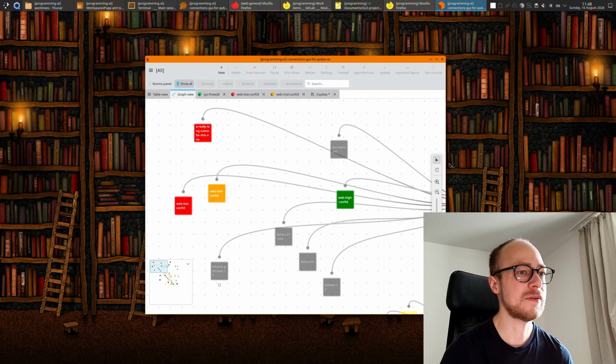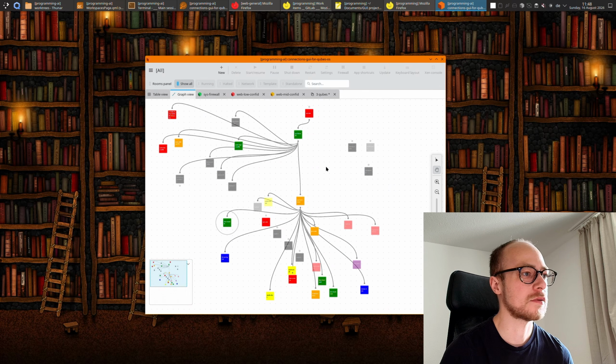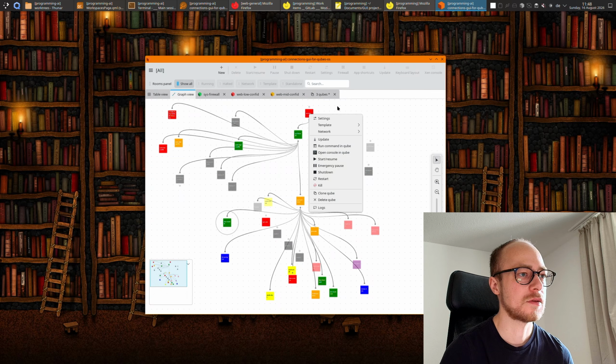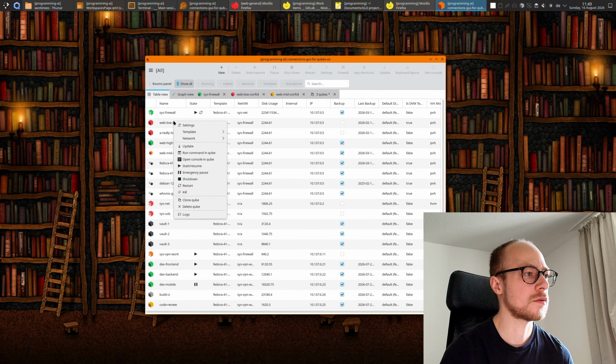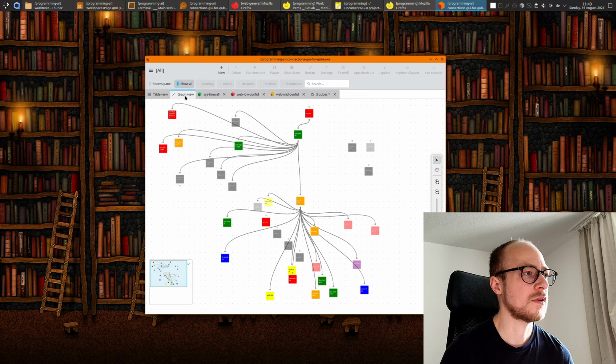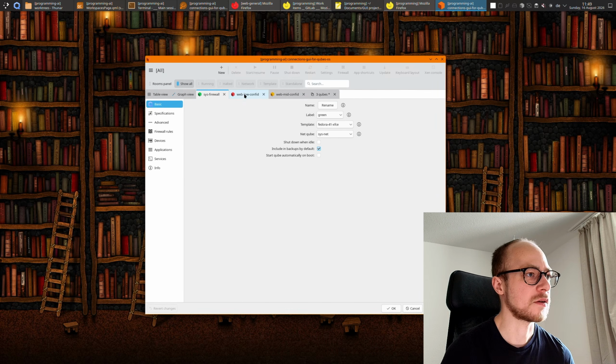So the graph view here, which also has a context menu. Same thing, almost same thing, I think. Not sure. Same thing. And here is the settings panel,